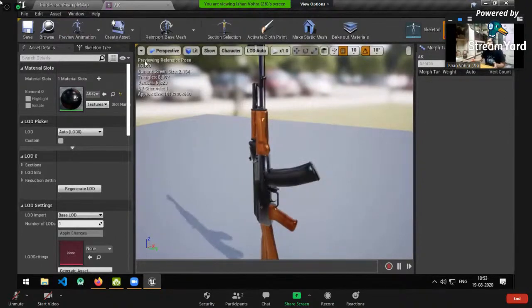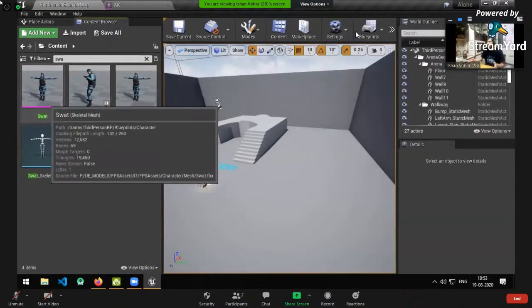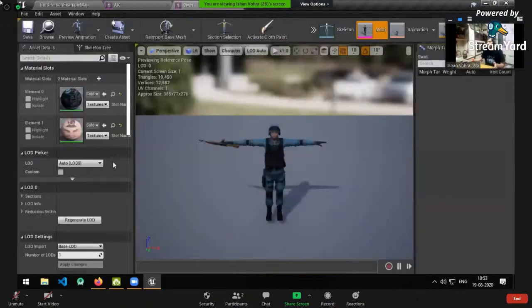Okay, now go back to your SWAT skeleton file, and